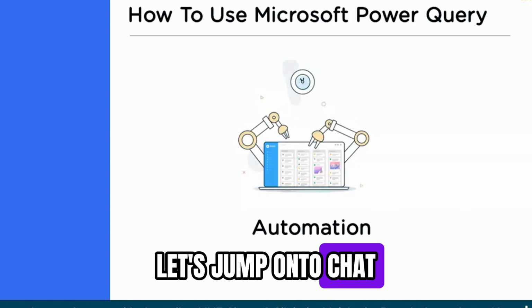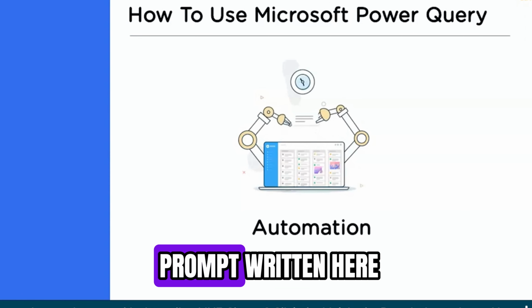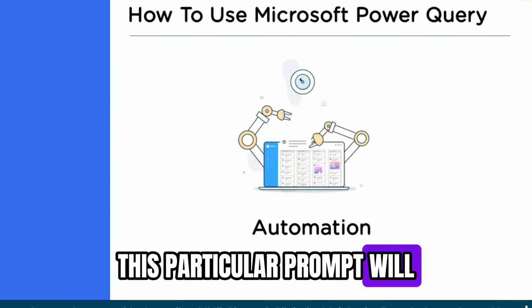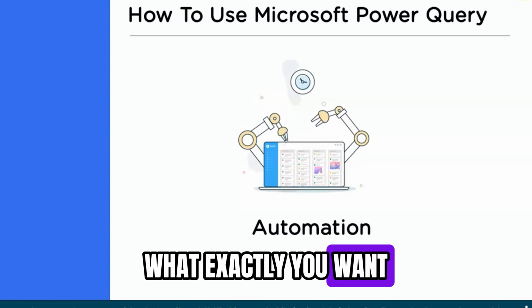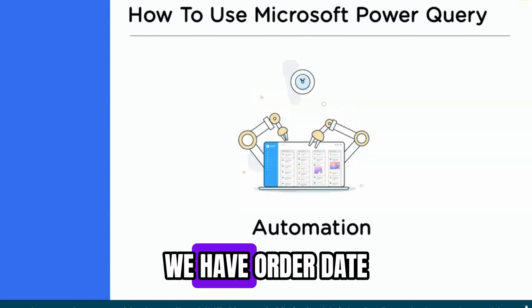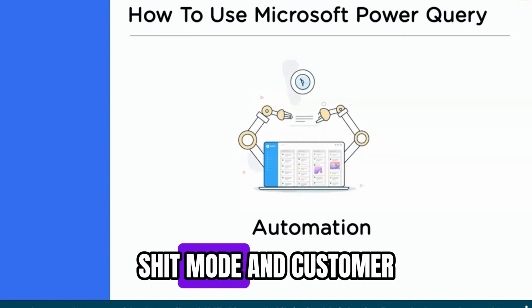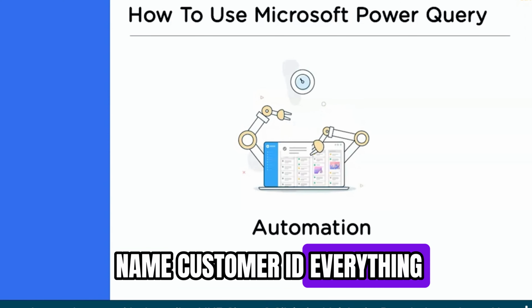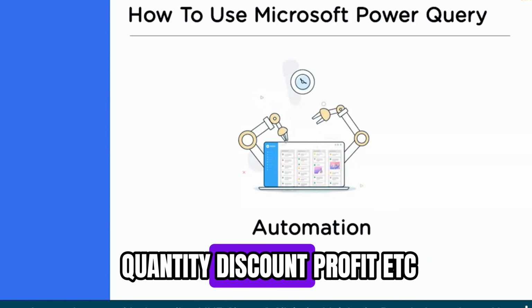Let's jump onto chat. Before we go to chat, I have a prompt written here. This particular prompt will explain to chat what exactly you want. You're giving some Excel data right over here. We have order date, order ID, ship mode, customer name, customer ID, everything. We have the sales, quantity, discount, profit,